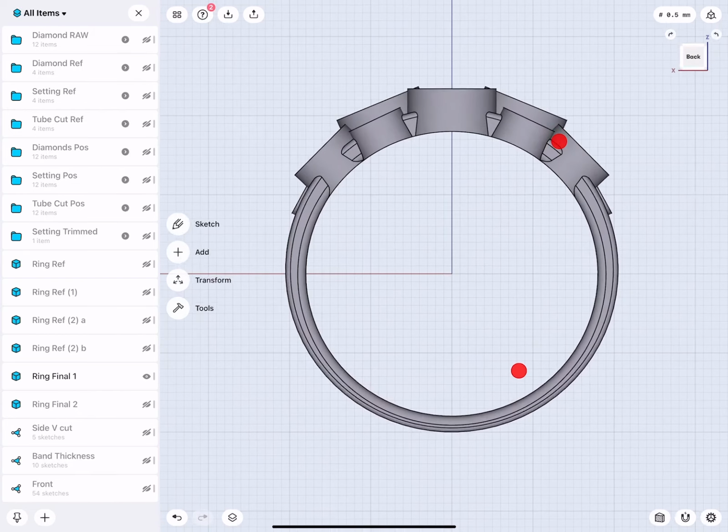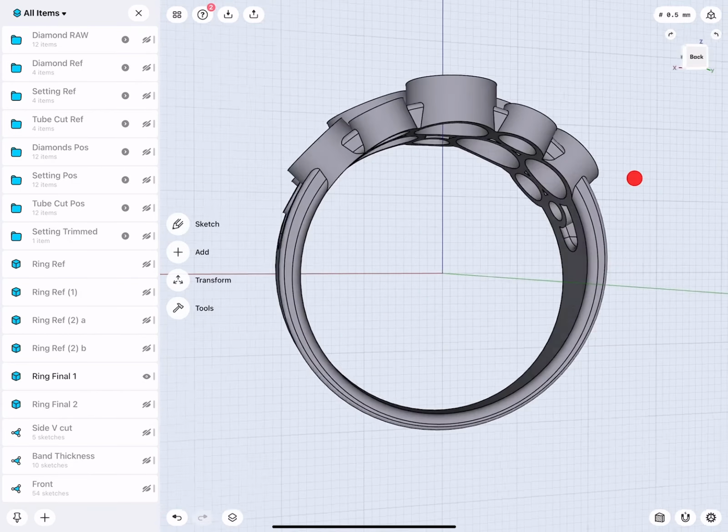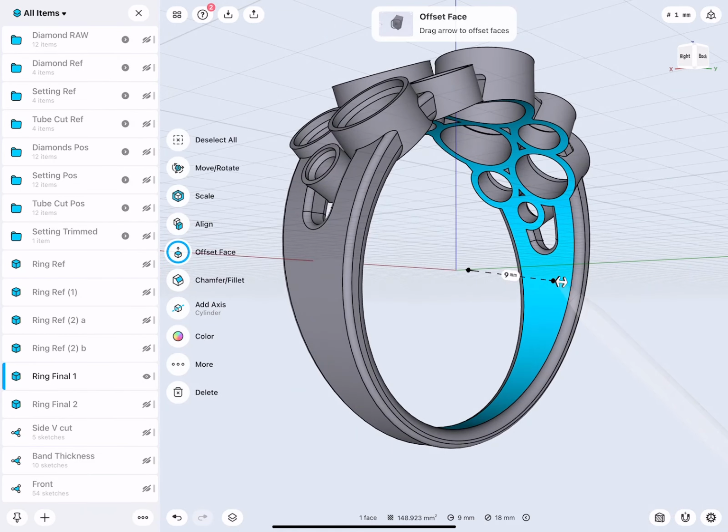And then I asked myself the question, maybe the inside, do I really like this? Maybe I want this to be shaped differently. To make a ring feel nice and comfortable, we can make the inside of the ring not flat, but slightly curved.